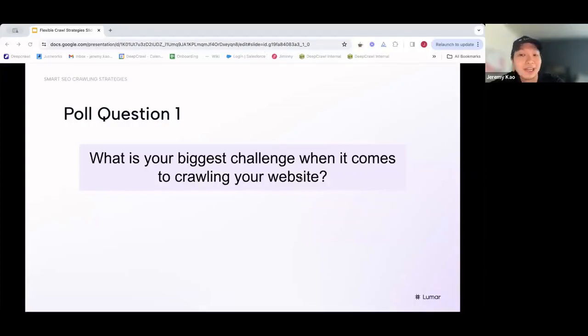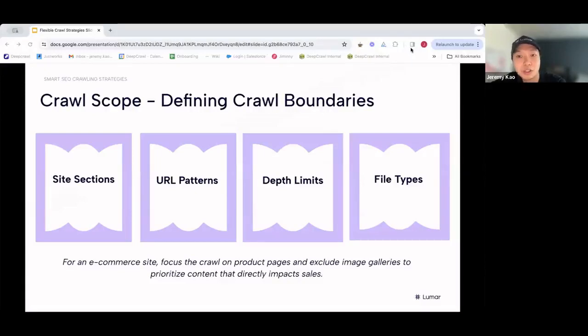So very excited to dive into what we're going to be going into. Starting off with crawl scope. I think this answers the first question within that survey around not being able to crawl specific sections